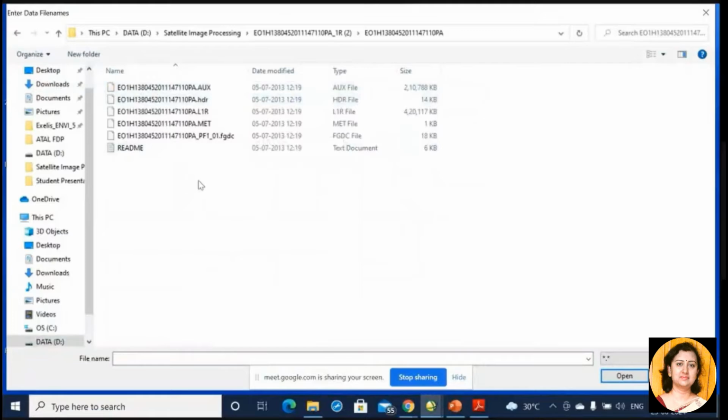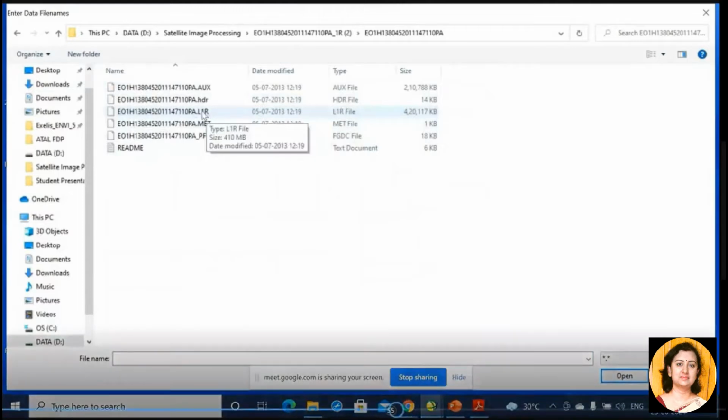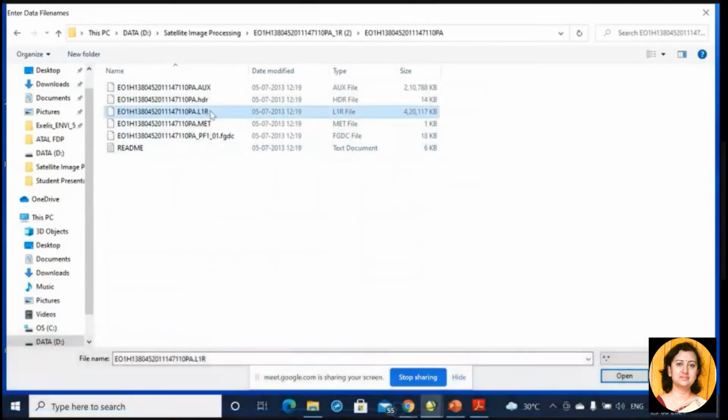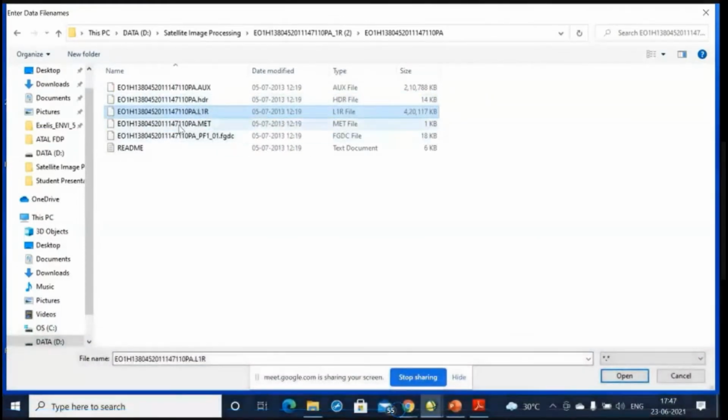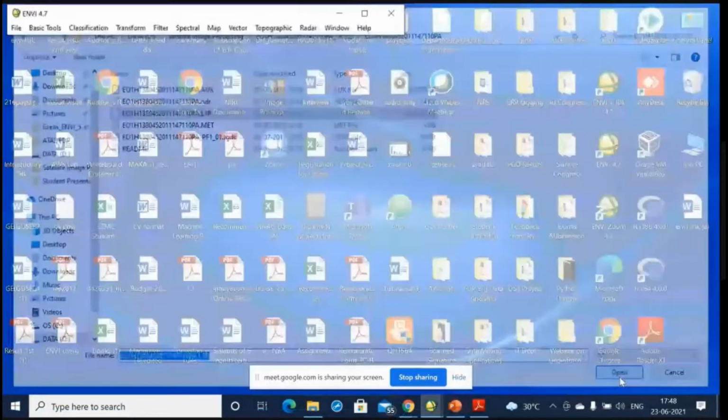Now for display of the image, I have to select the .L1R extension image. .hdr is the header of the image. So I select the .L1R image. I told you just now that a .L1R image is not corrected. It is neither atmospherically corrected nor geometrically corrected. So I select this file and I open it.